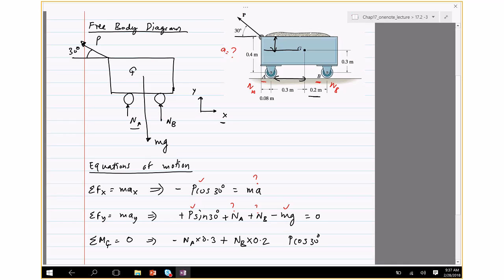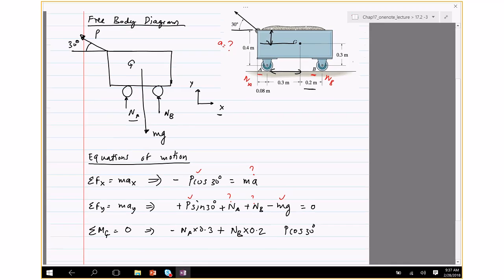So that's 0.4 minus 0.3. That's 0.1. So times 0.1. What's the sign? It's positive. If you look at P cosine 30, it's acting this way. So if you hold the cart at G, that force is going to turn the cart in the counterclockwise direction. So it's positive. And then P sine 30